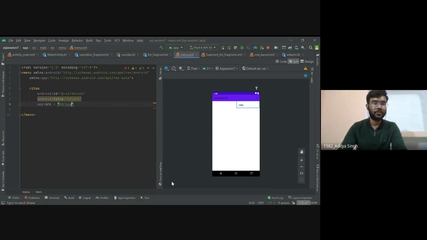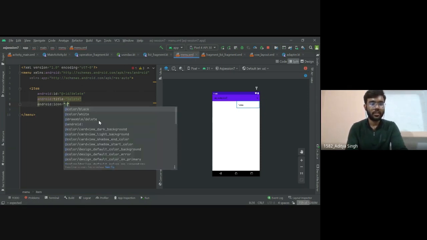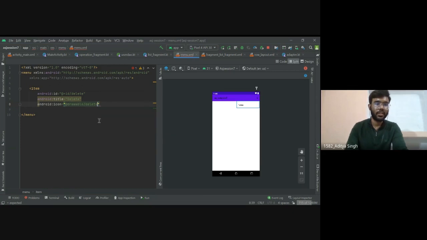It is the android icon. Okay, sorry, my bad. So it's the android icon, and inside this we will pass our drawable/delete.